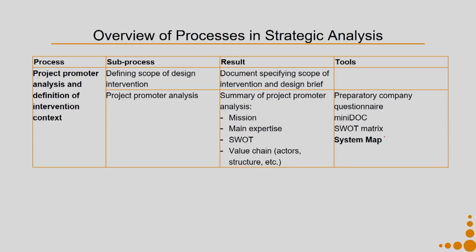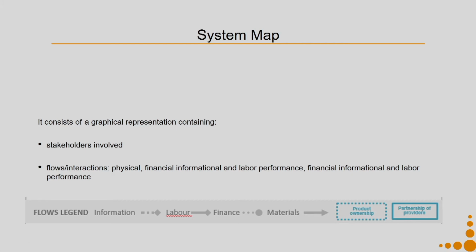Once this part is done, our last tool for this particular process is called the systems map. So, let us see what a systems map is. A systems map is a graphical representation containing all the stakeholders involved. For example, in my case Fresh is a stakeholder, and the company from which they have licensed the RO technology and the UV technology is another stakeholder. The supplier of the nuts and bolts or other components can be other stakeholders. The distributors, the retailers, and the consumer are also stakeholders.